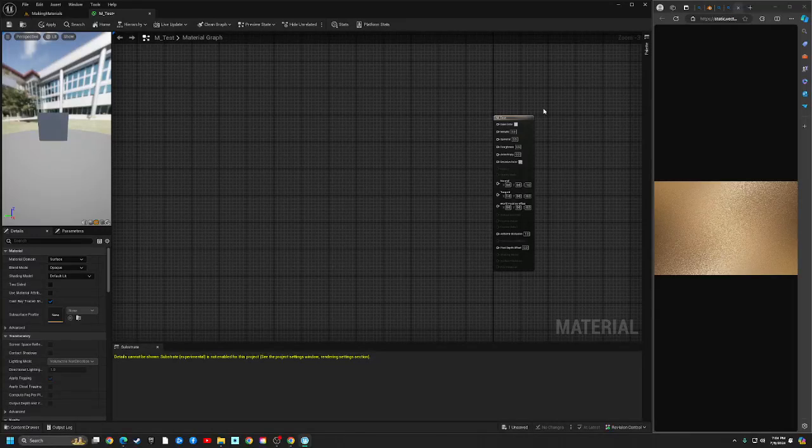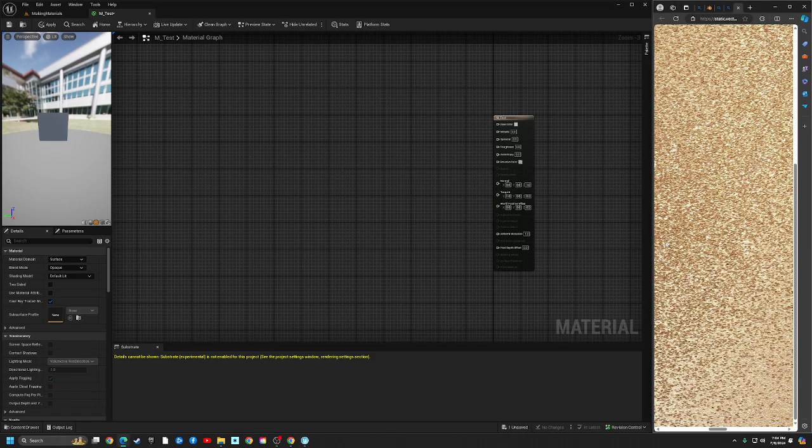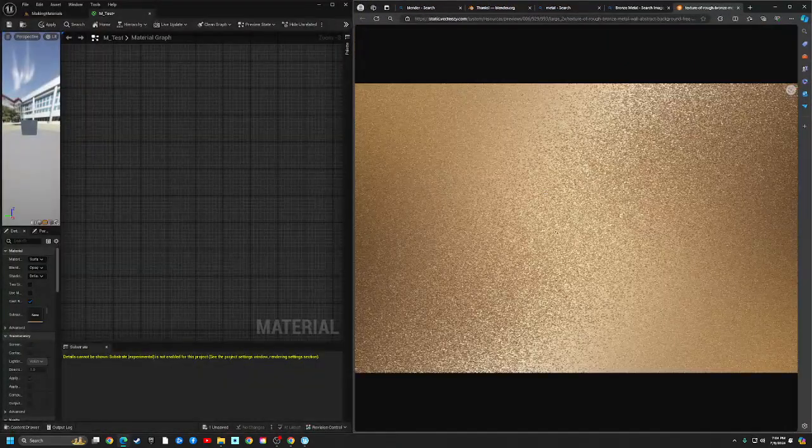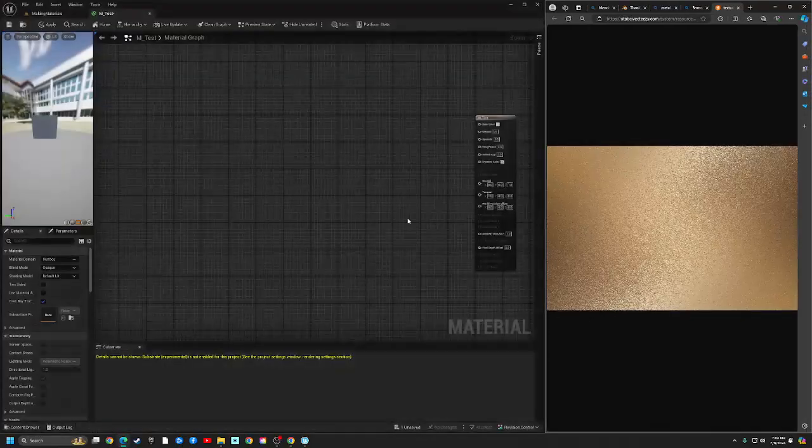Hello everyone, my name is Coach Anthony, and today what we're going to be looking at is making a metal material inside of UEFN, specifically a bronzish material, something kind of like this that you can see over here in my reference image. I thought that'd be fun, and maybe we'll put it on something at the very end, like